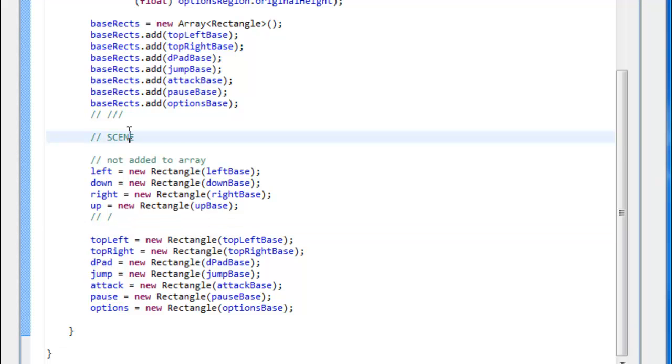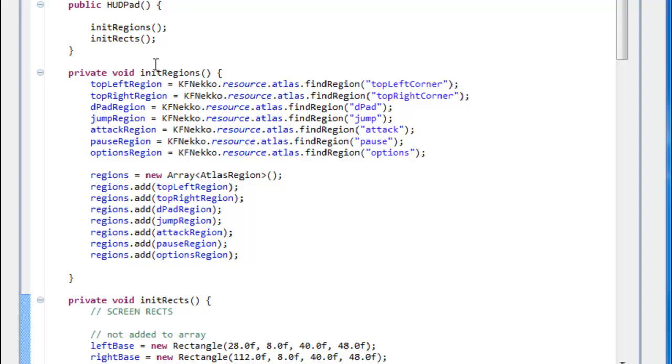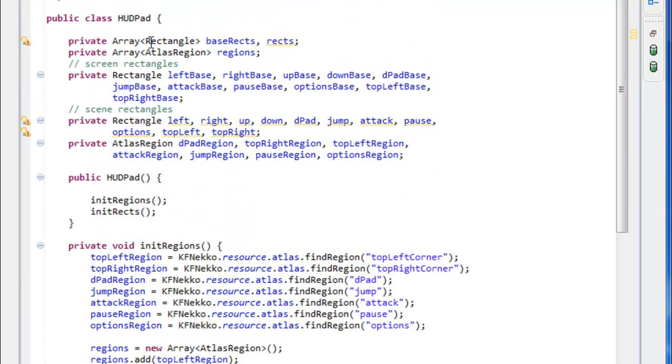Alright, I think that's pretty much it that we need to do here. And of course our HUD pad is going to implement